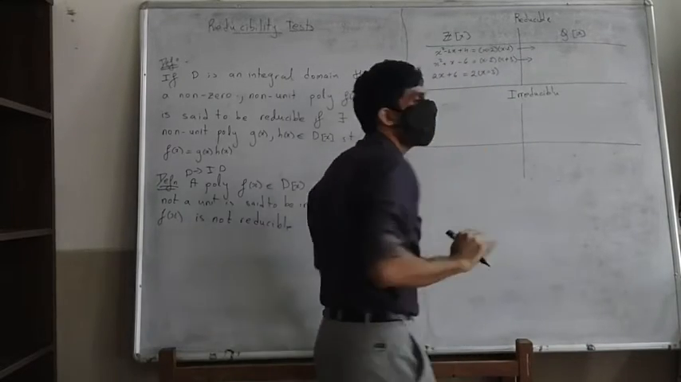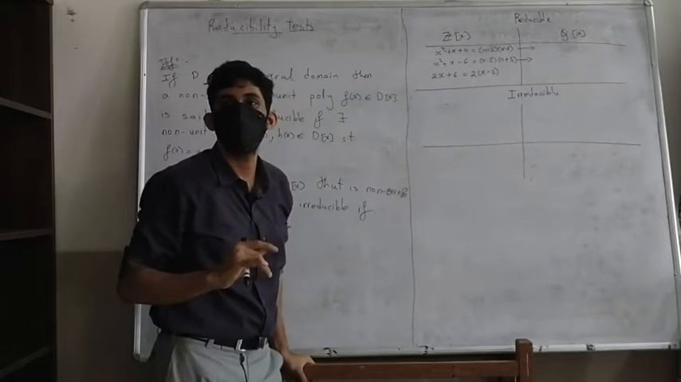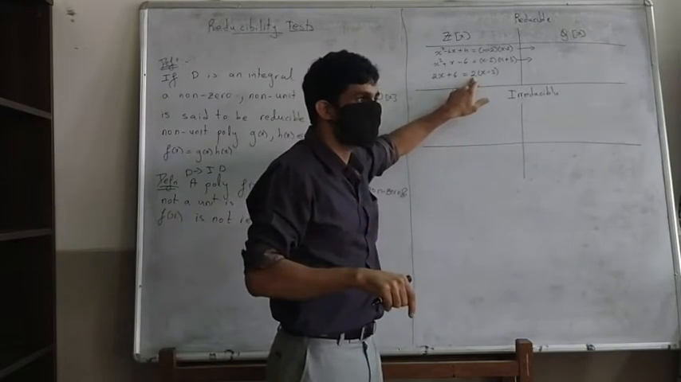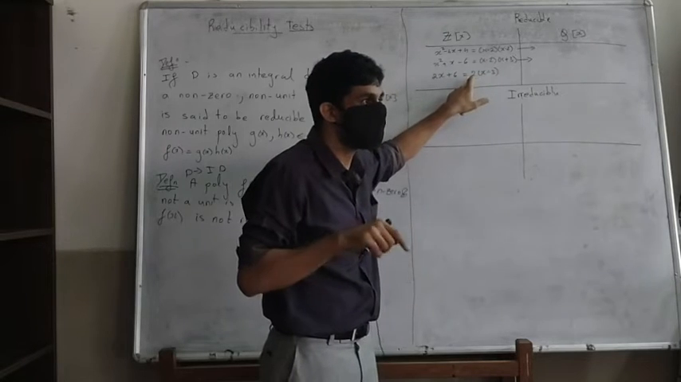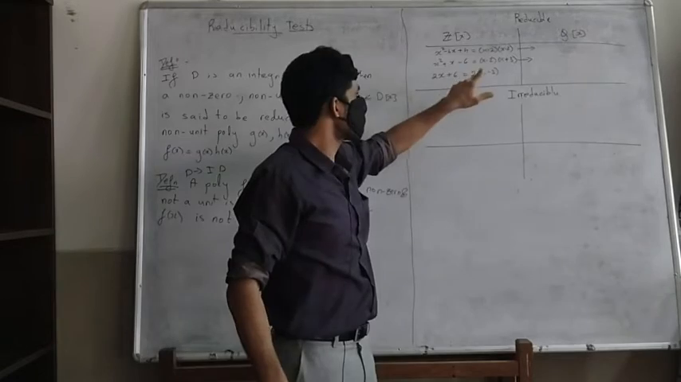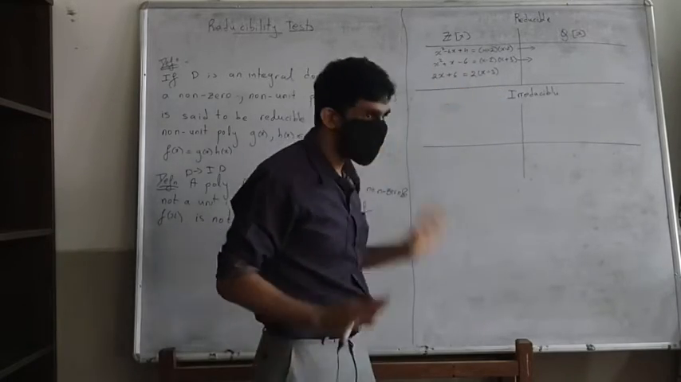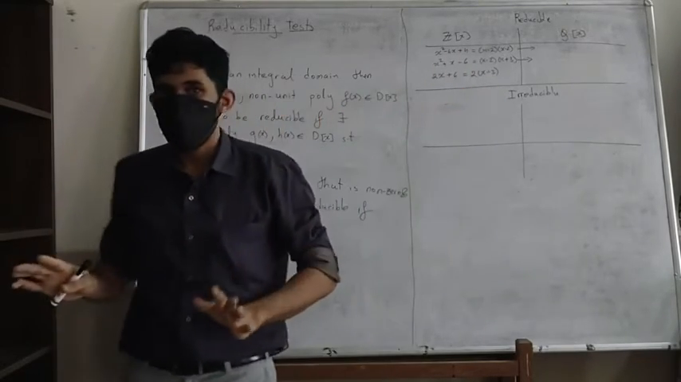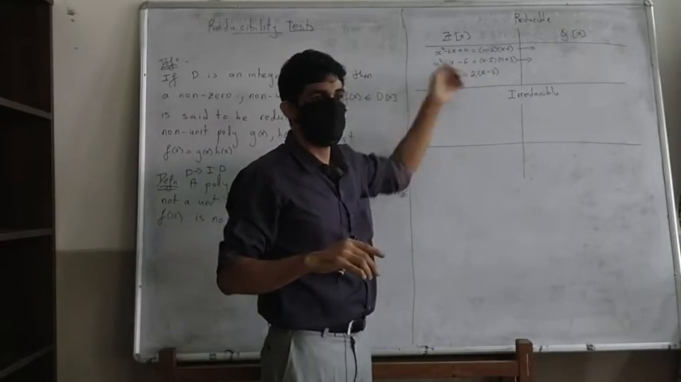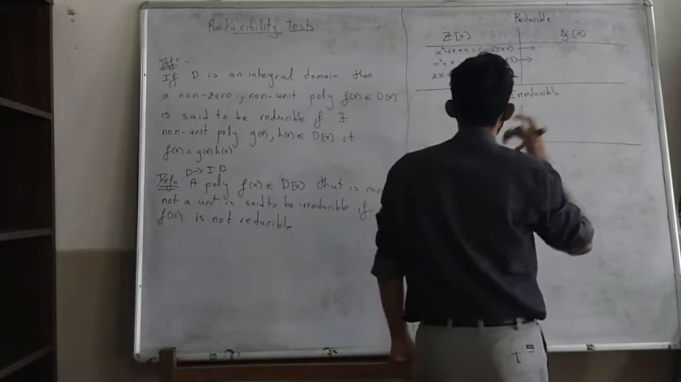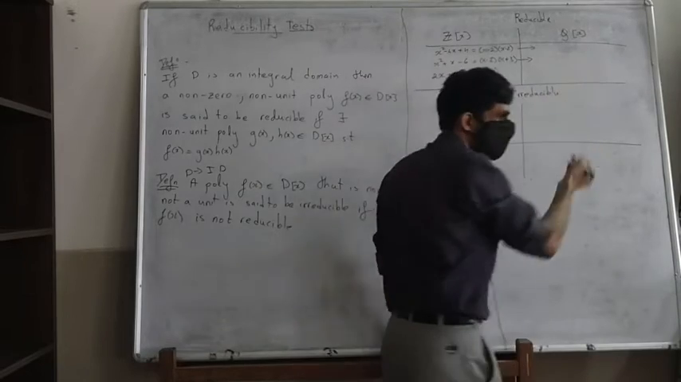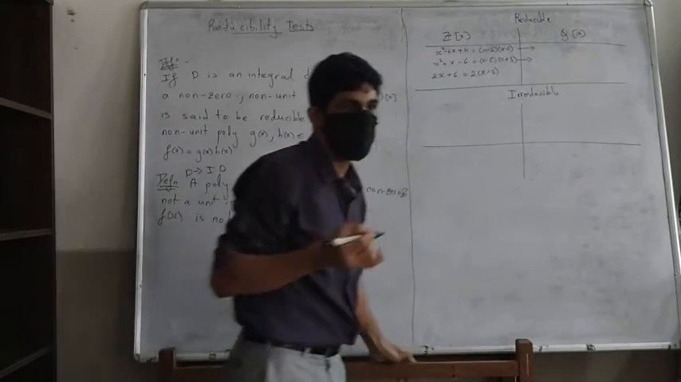Does this mean that 2x plus 6 is reducible in Q? No. Why? Because 2 is a unit in Q. 2 is a unit in Q, right? It has an inverse, 1 upon 2, right? So this is not necessarily reducible in Q. I am not saying it is not reducible. For that you need to prove it. But if you look at x plus 3, another fact which you can easily prove in Q